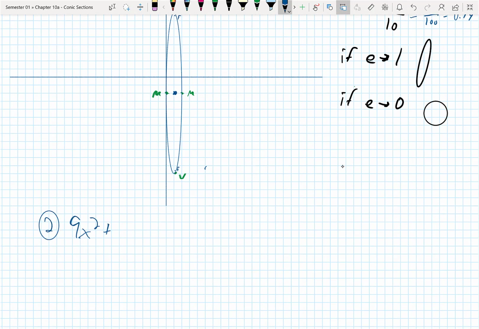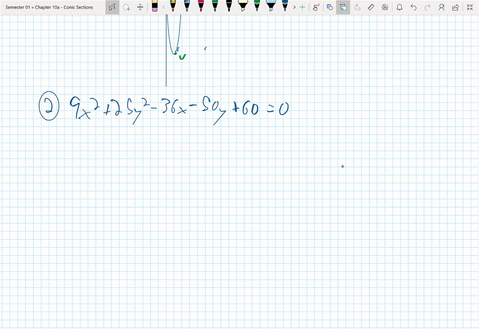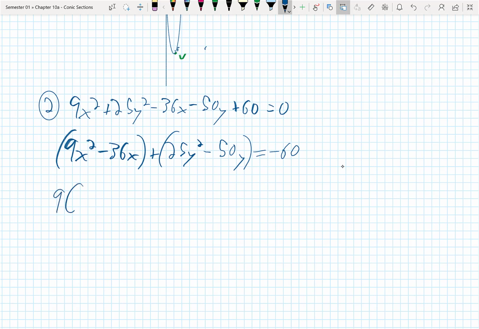9x squared plus 25y squared minus 36x minus 50y plus 60 equals 0. First step is that you have to complete the square on x and y. So I'm going to put the x terms together, and then I'm going to put the y terms together, and I'm going to move the 60 over to the right side. I'm going to group the x terms and the y terms, and then I'm going to factor a 9 out,